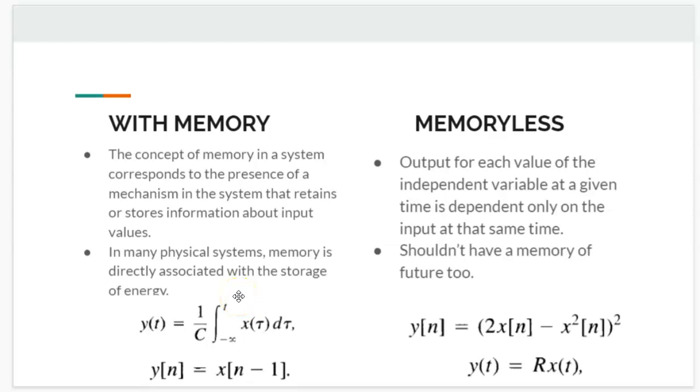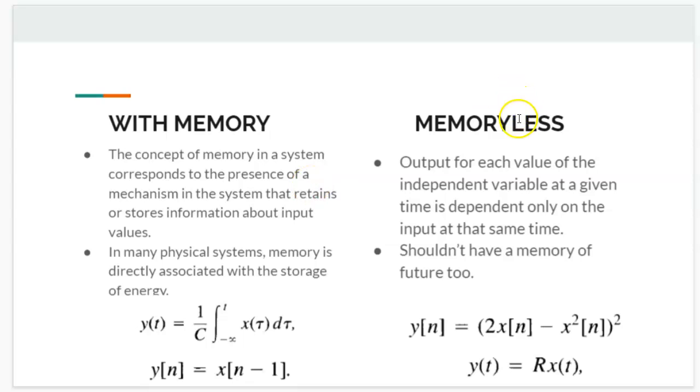And you could also wonder, how can someone have memory of the future? That happens when the independent variable is not time. Instead, it is some x-axis. Let's say we are dealing with image recognition software where there is an x-axis, and you wish to take a moving average of the pixel values, like the red value of the pixel. Then you would also need to know what is in front of it. So you could see memory can be associated with future inputs also.